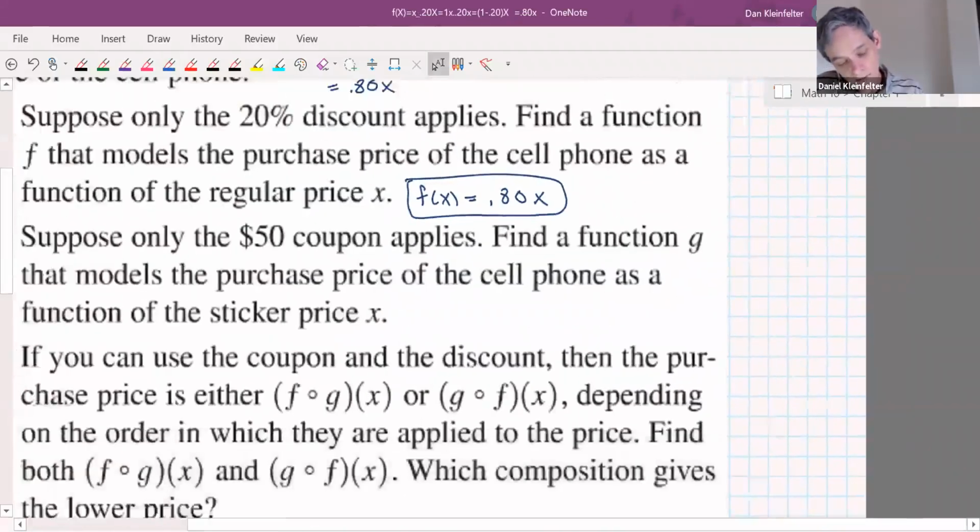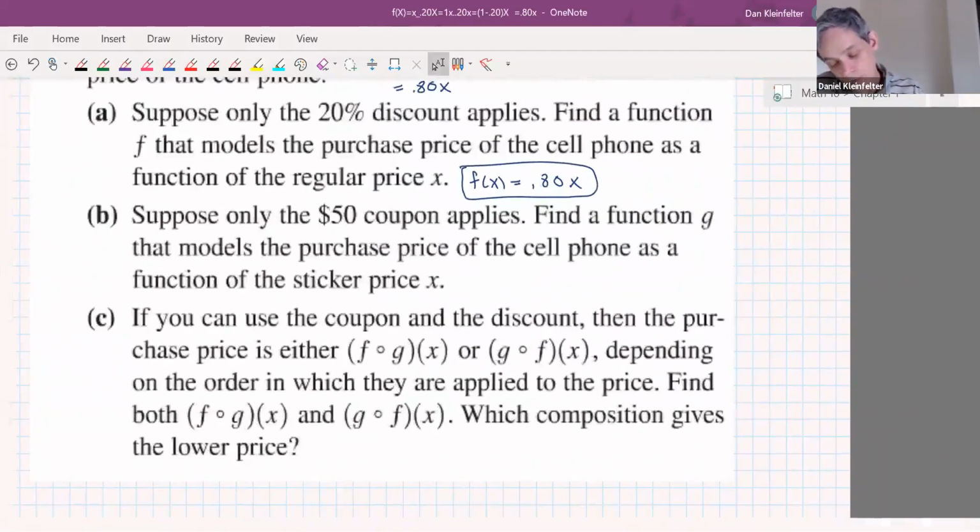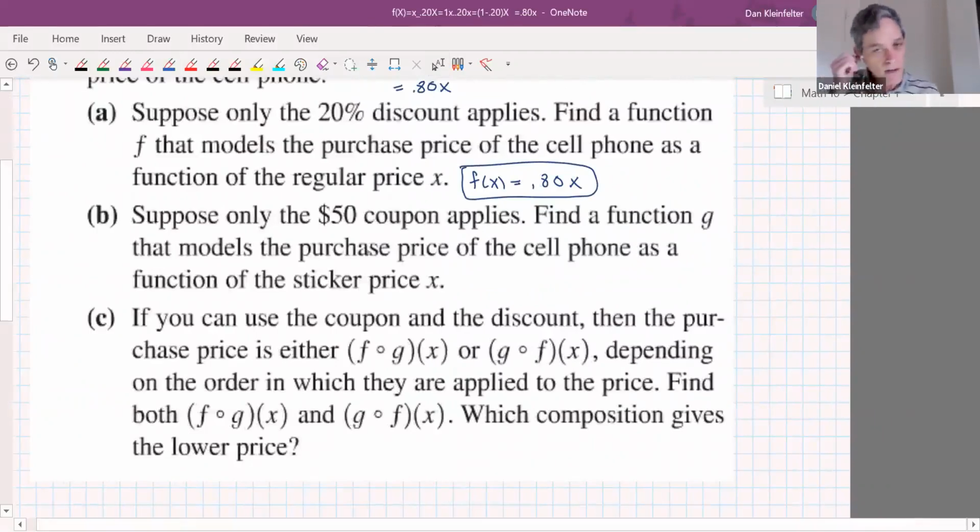All right, so now, instead, let's suppose that only the $50 coupon applies. You don't get the 20% off anymore, but you do get the $50 coupon. This will be easier. So our g of x will be the regular price minus $50